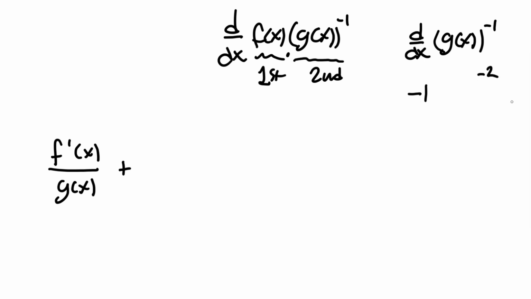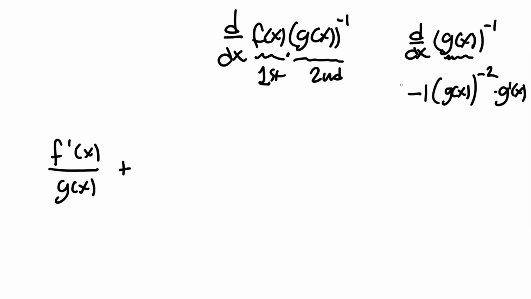So we're going to raise to the minus 2 of g of x. Then we have to take the derivative with respect to x of the inside. This is the chain rule, and multiply. So that's times g prime of x. So the derivative with respect to x of this g of x to the minus 1 power is negative 1 over g of x squared, or g of x to the minus 2 power times g prime of x